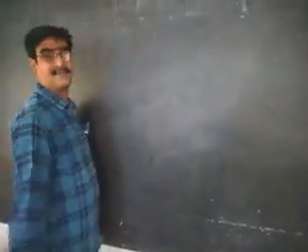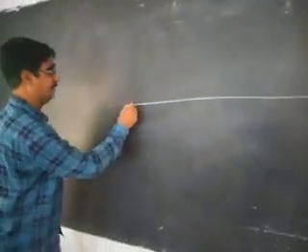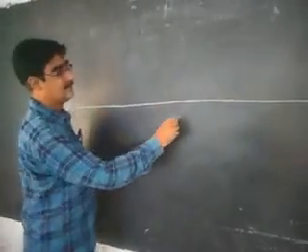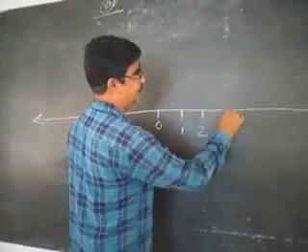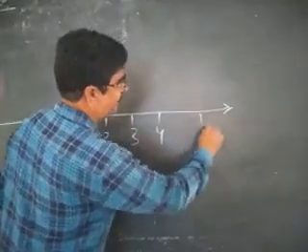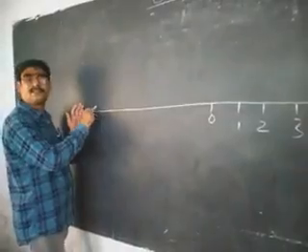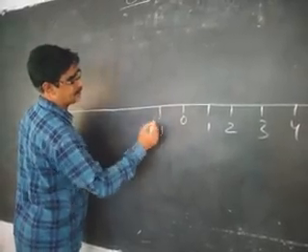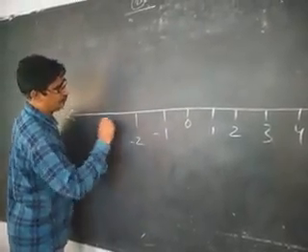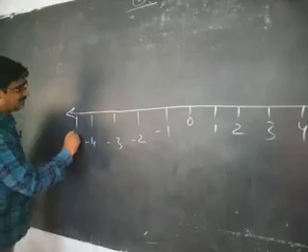Now let us come to the number line. See how these are shown on a number line. This may be the 0, then 1, 2, 3, 4, 5 and so on. The arrow mark indicates that it continues. Here we have -1, -2, -3, -4, -5, like this.